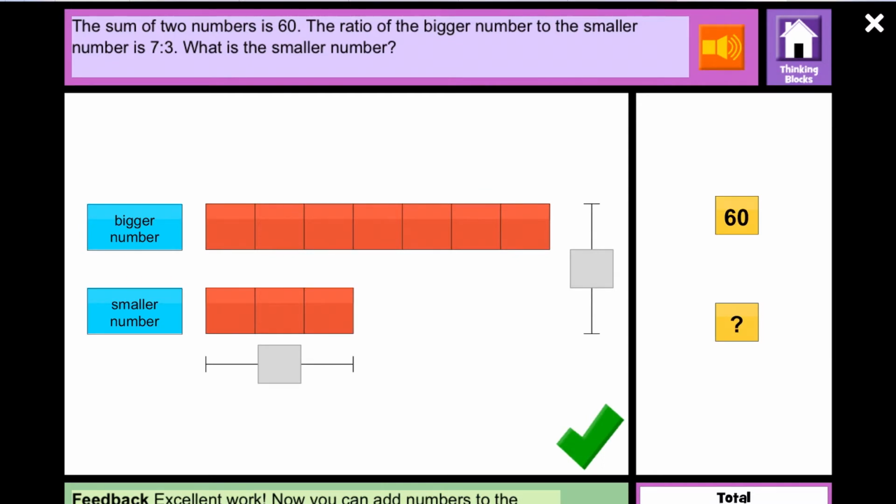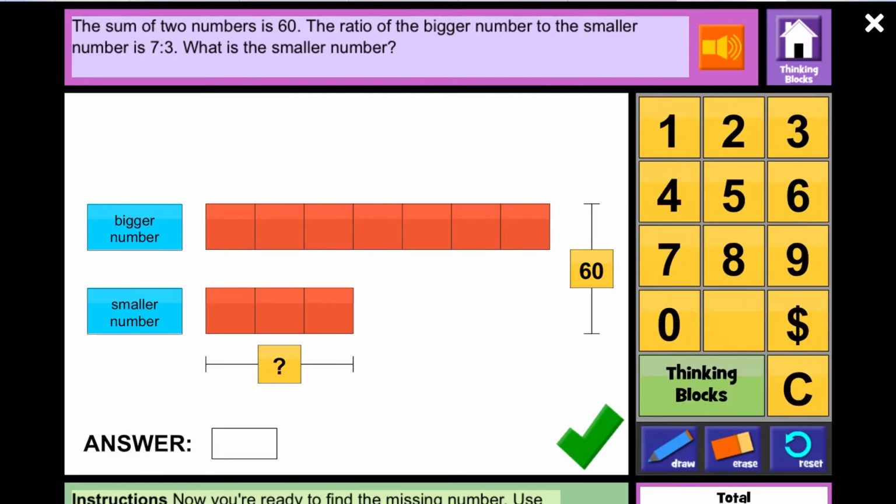It says the sum of the two numbers. So the sum represents 60. And I'm solving for my smaller value. If the sum represents 60,